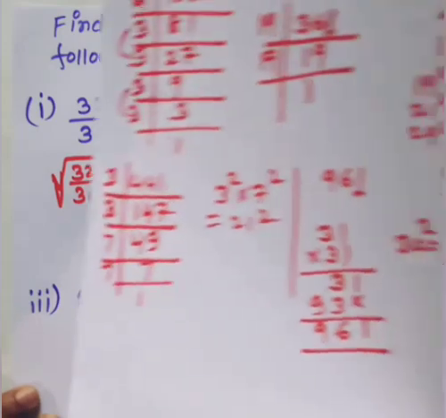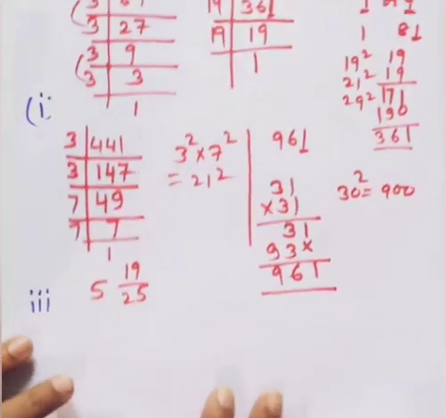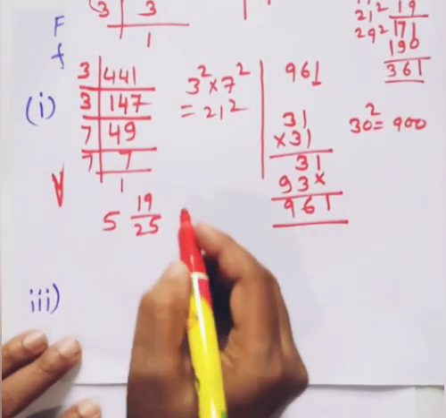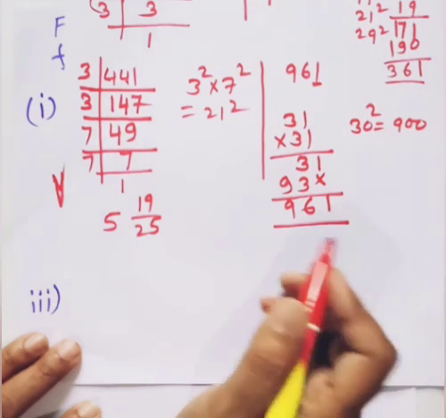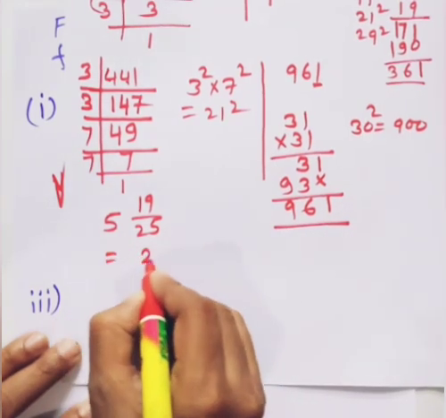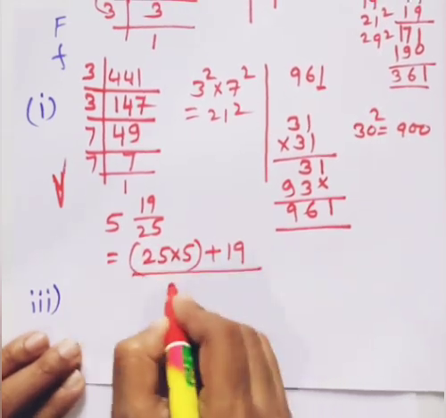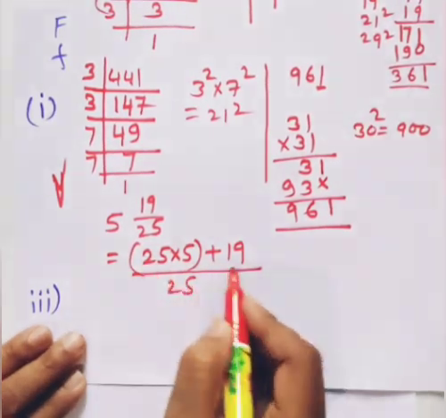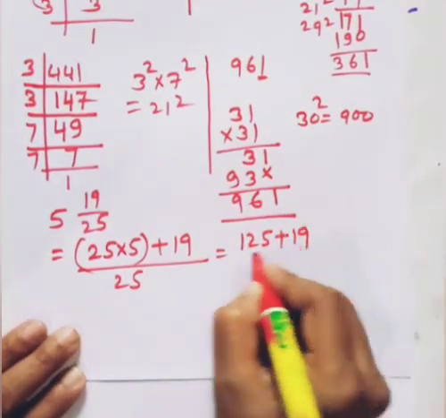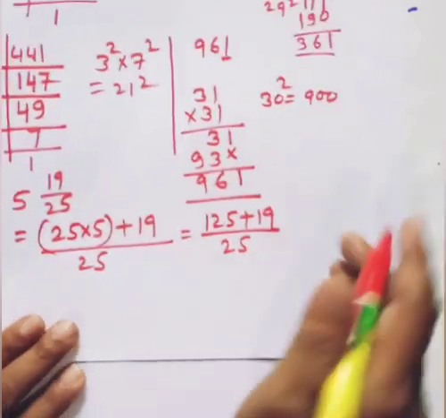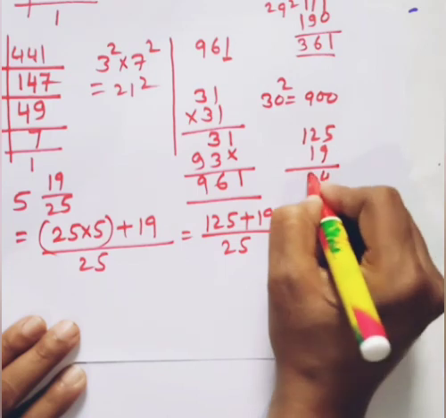Next one is 5 and 19 by 25. Don't panic, children, as soon as you see the mixed number. There is no place here to panic. Simply you convert this. This will be 25 into 5 plus 19 by 25, isn't it? Now see how much is 25 into 5? It is 125 plus 19 by 25. Now see how much is 125 and 19. It is equal to 4 and that is